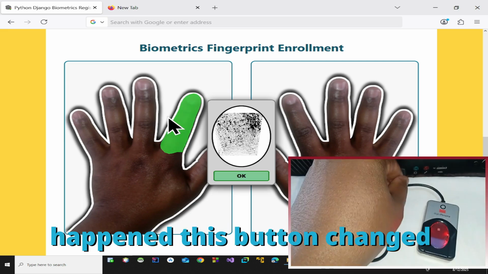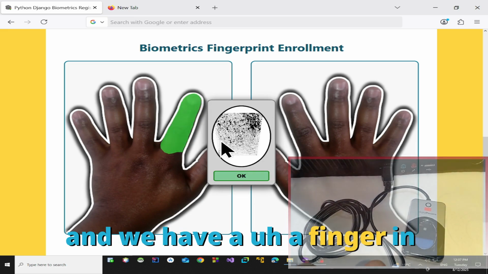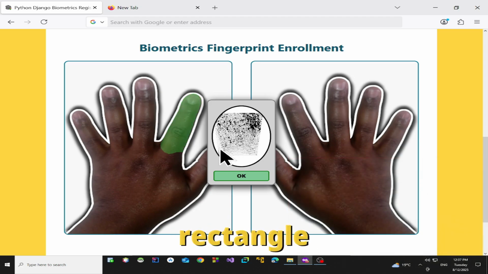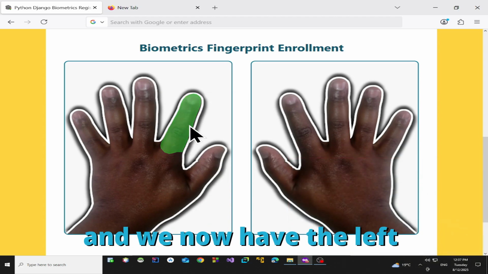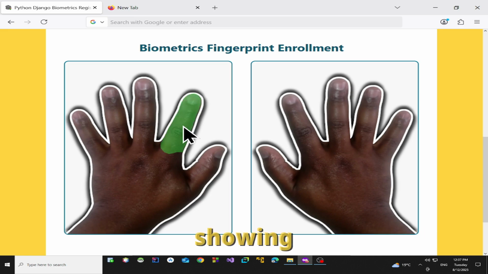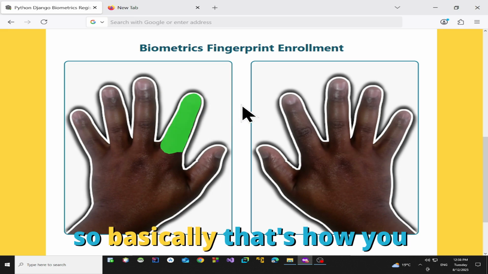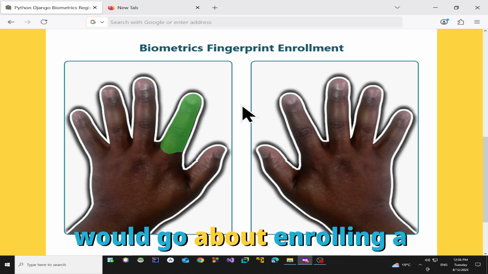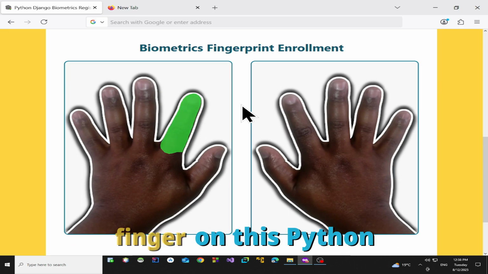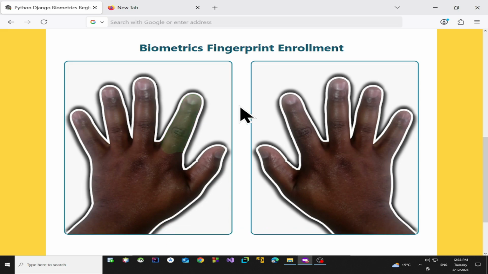Did you see what happened? This button changed to OK and we have a finger in the center that is in the oval rectangle, and we now have the left index having this green color showing that it has been enrolled. So basically that's how you would go about enrolling a finger on this Python Django biometric registration application that I